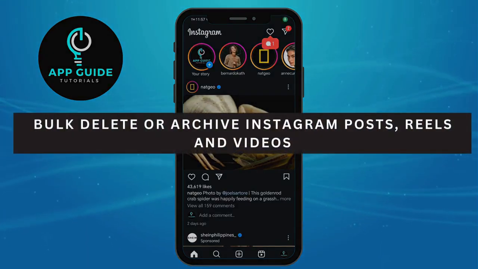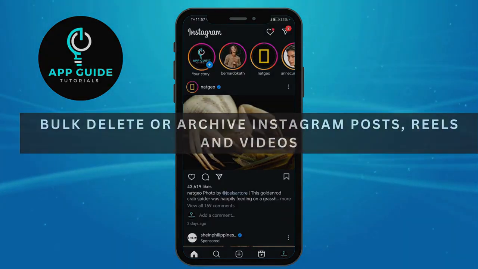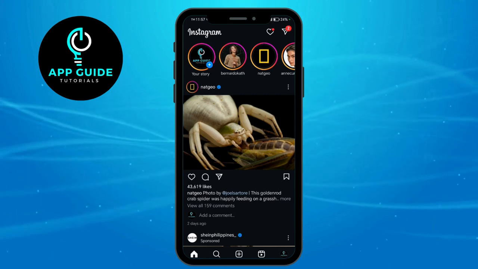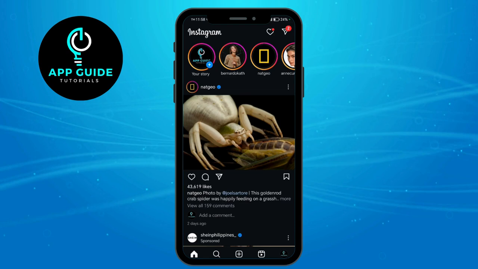How to bulk delete or archive Instagram posts, reels, and videos. Now, if we want to locate the deleted Instagram posts, reels, or videos that we have on our Instagram account,